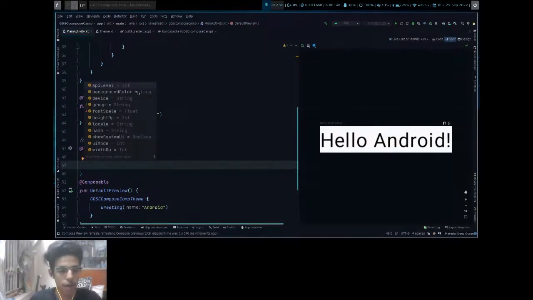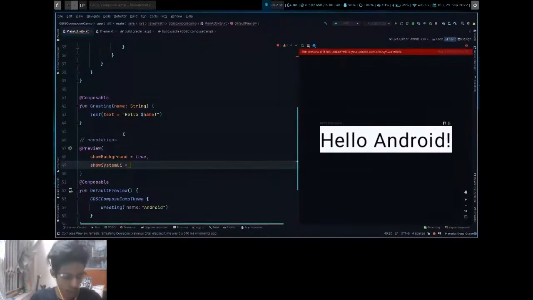Next, we have background color, then device. We can check multiple devices here itself rather than running an emulator, because an emulator takes a lot of memory. One more interesting thing here is show system UI and UI mode. These two will be most used in your application.